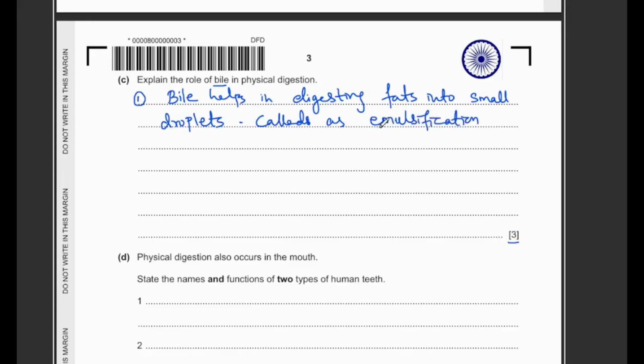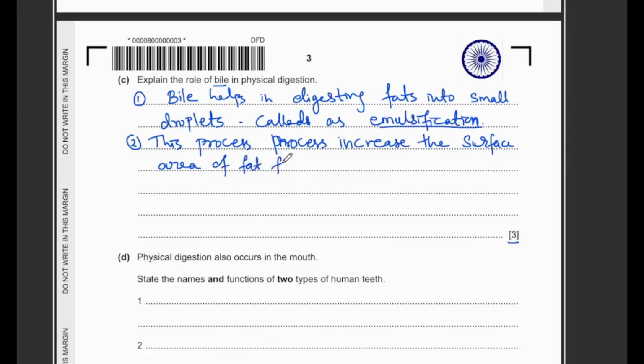So our keyword is emulsification. Okay, second one, this process increases the surface area. Okay, why is it increasing the surface area? Increasing the surface area of fat for digestion or for enzyme activity, for chemical